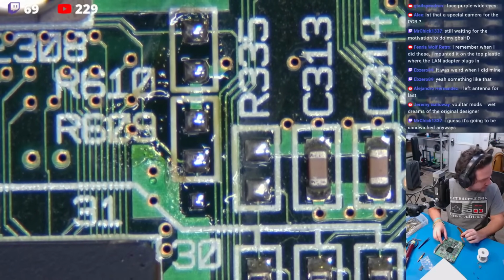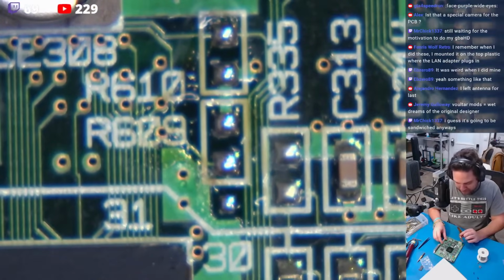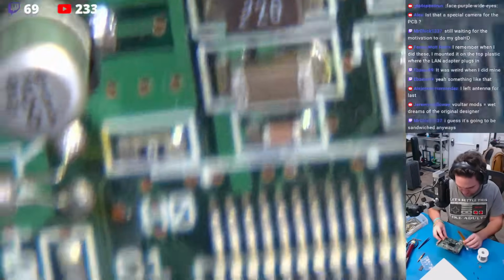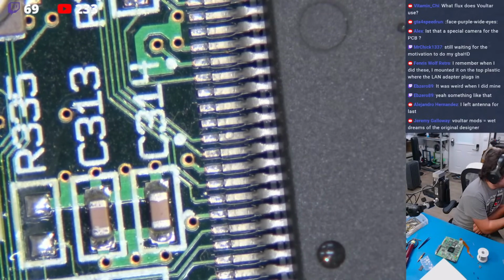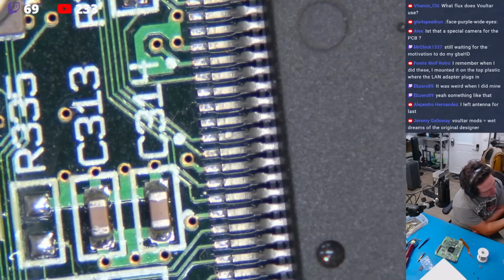Now, according to this, let me get my bearings. CE201. The problem with these pictures is that you don't get a blown out view. You get just something. Like, what does that mean? Align flat flex on with, okay, I understand we're putting a flex cable on, but this,